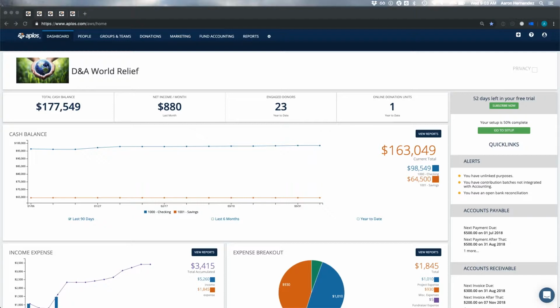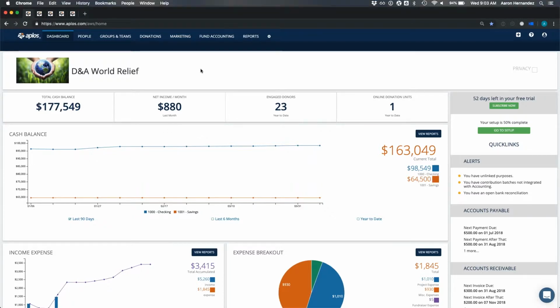So within Aplos, the first page that you will land on once you log in is going to be this home page you see in front of you here, which is called the dashboard. This dashboard area is going to consist of different metrics, graphs, and alerts that represent the activity that's happening within your Aplos account. So at the very top here, you see your organization's logo if you have one, and then